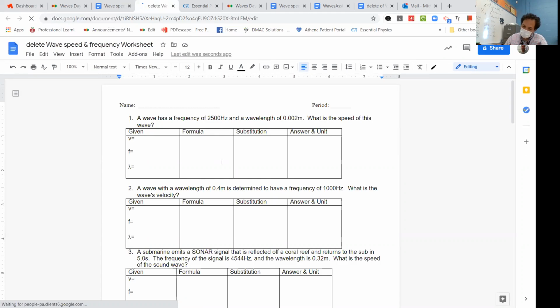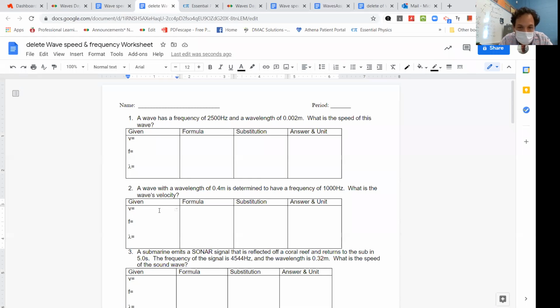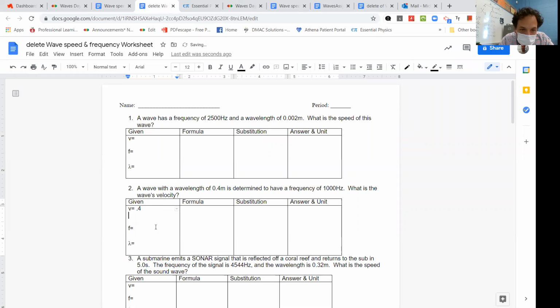All right, so for number 2, let's do number 2. A wave with a wavelength of 0.4 is determined to have a frequency of 1,000 hertz. 0.4 meters. Wavelength, what is the wave's velocity? Oh, we don't know what velocity, sorry. Wavelength is 0.4 meters, all right? So formula we're gonna use,